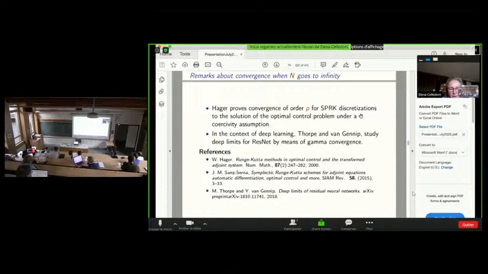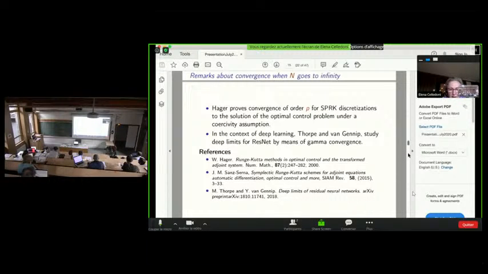So he analyzed all this and analyzed convergence as well in his paper. But he didn't discover the connection with symplectic Runge-Kutta methods. He just did it without knowing that these were exactly the symplectic Runge-Kutta methods. And this connection was pointed out later on by several authors. Among others, there is a review paper by Sanz-Serna from 2015.